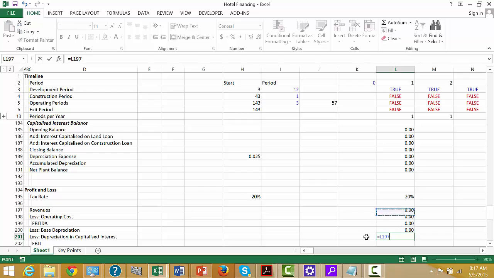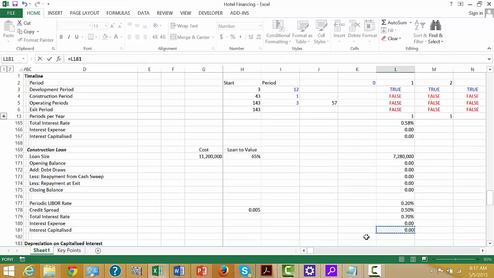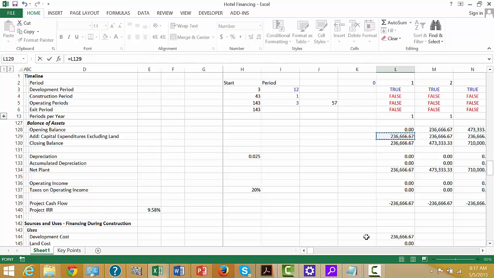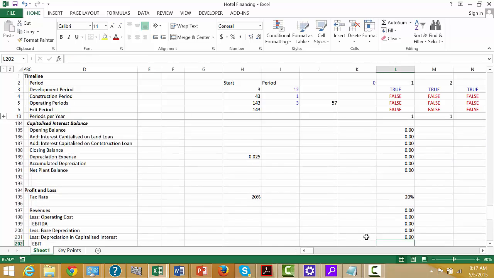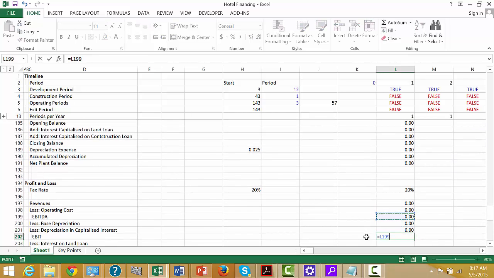And then the depreciation on the capitalized interest, did I just get that? I didn't get this yet. 189. This depreciation is from up here. So we have the two parts of the depreciation, which means our EBT is this one. Now,